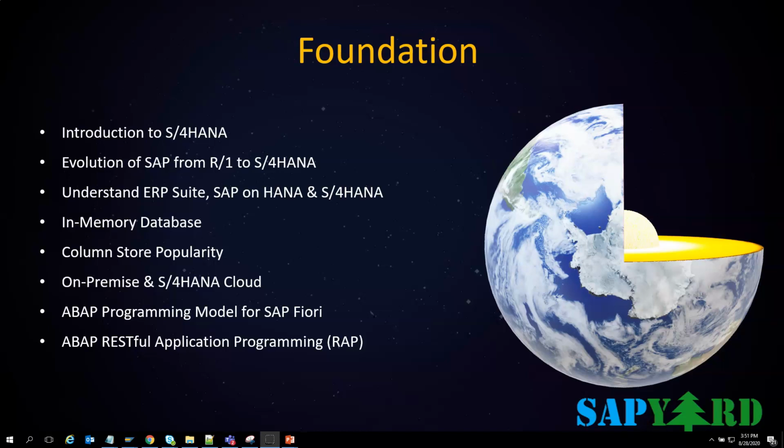We will invest some time in understanding the evolution of SAP from R1, R2 till S/4HANA. We will also talk about the fundamental difference between SAP ERP, SAP on HANA and S/4HANA. We will try to get unconventional concepts of in-memory and the popular column store. We are positive, even if you knew it, you will still appreciate the way our trainer will explain the concepts